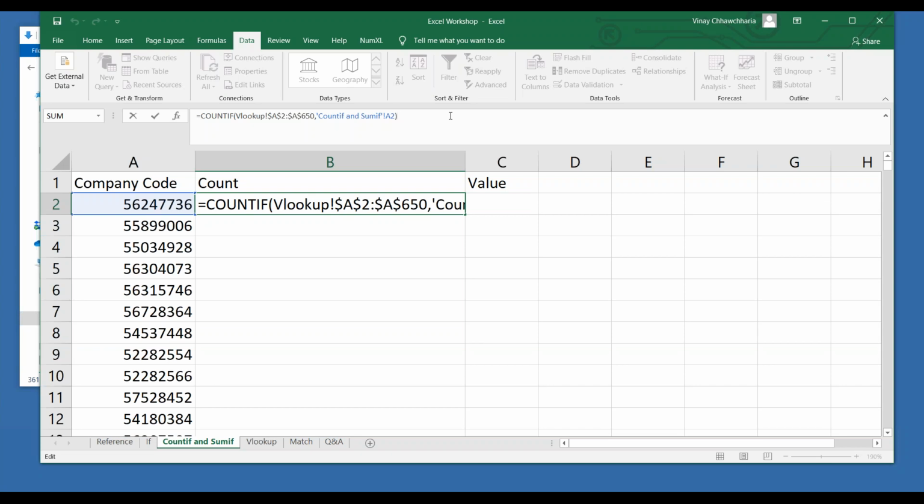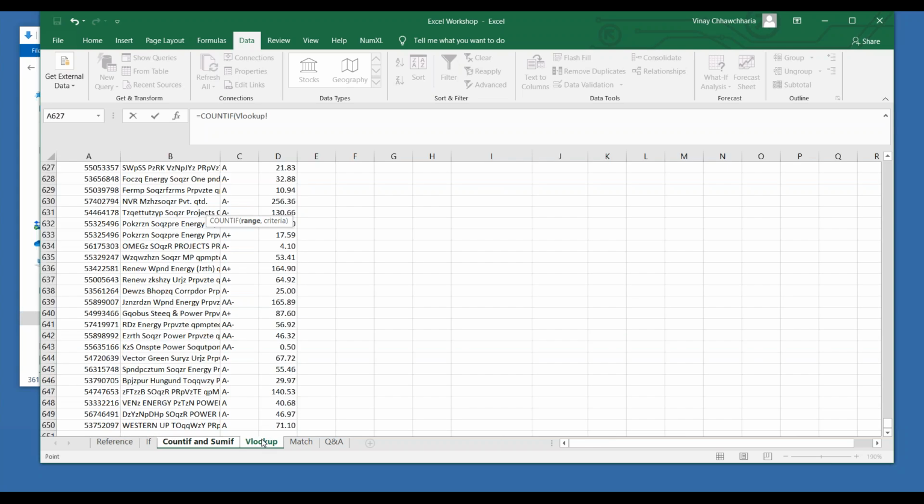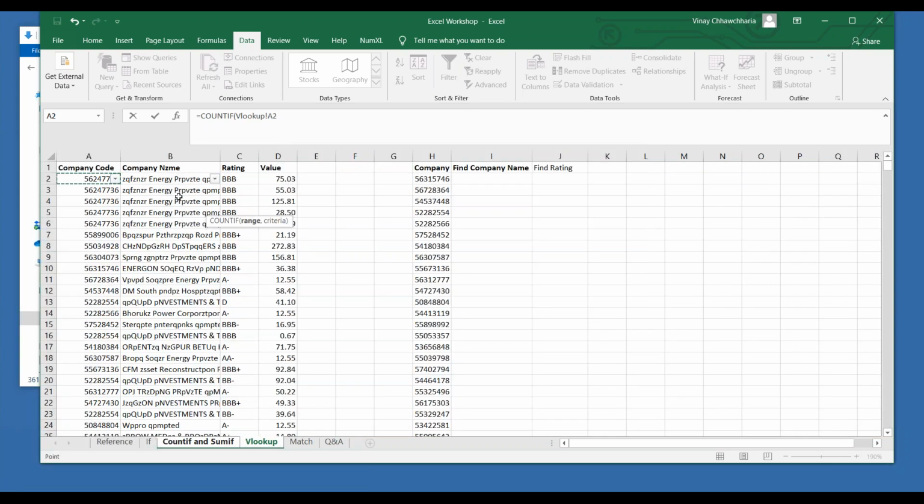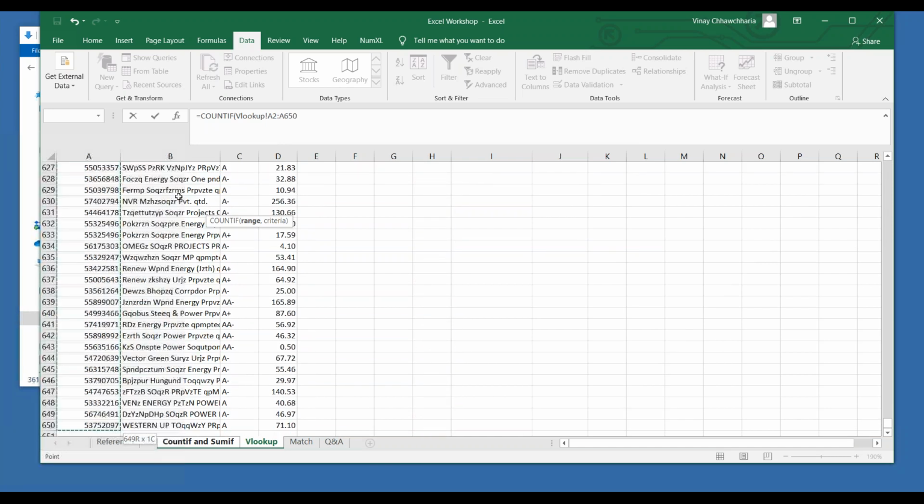Those who are done with COUNTIF, please proceed to SUMIF. I will just do the COUNTIF formula again: equal to COUNTIF, range. What is my range? The range is in the VLOOKUP sheet. I have purposefully made it a bit complex by using two sheets so that you can navigate.